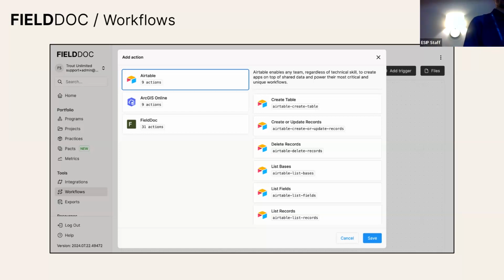So we are still gathering user feedback and trying to identify the things that people would most like to see have connectivity to FieldDoc.